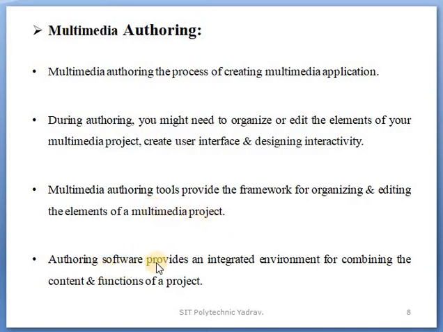Examples of authoring software are GIF Animator or Pencil 2D. Using such software you can edit or organize the object, project or application of multimedia. That is known as multimedia authoring.